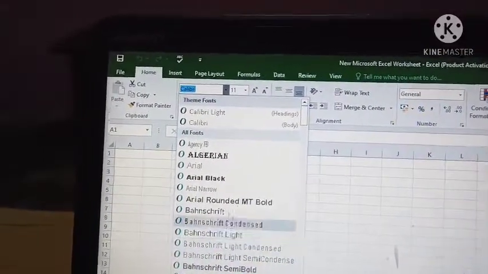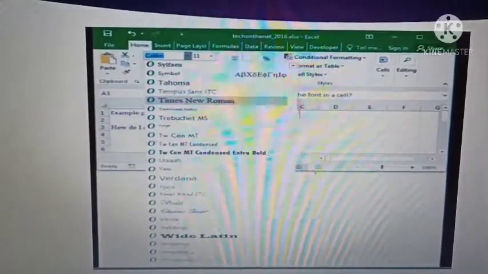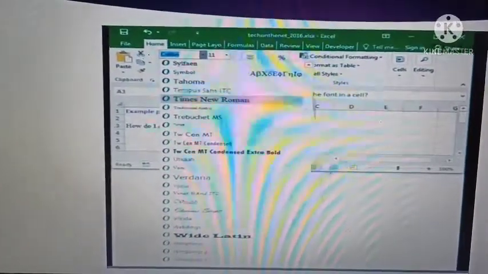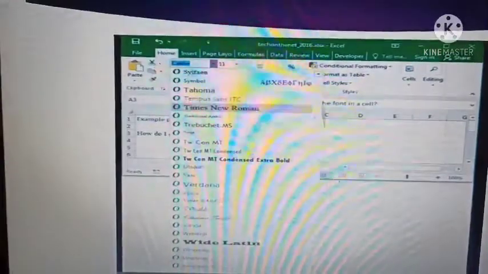Okay, this is a picture of a font style. Changing the font style, first go to the home tab. In the home tab, go to the font group and select any style that you wish. Okay,